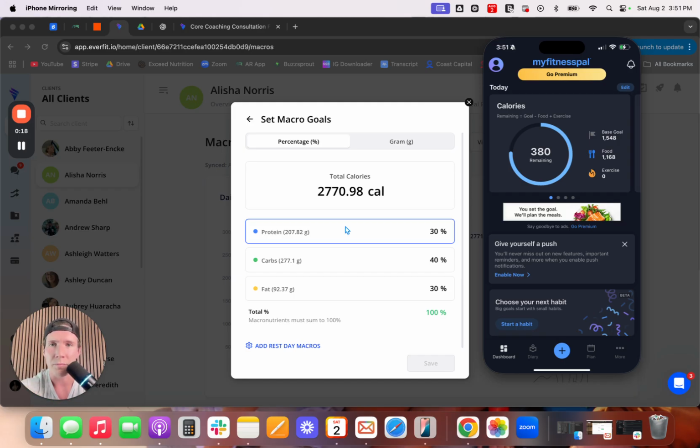So what this means is whenever your coach makes an adjustment to your nutrition, we're going to advise you of your calories and what percentage of protein, carbs, and fats you need. We may send a screenshot over, we may just text it over to you, and then you will immediately go into MyFitnessPal and make these adjustments so that everything lines up and you don't have to reference what EverFit says